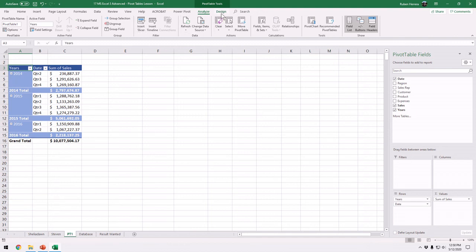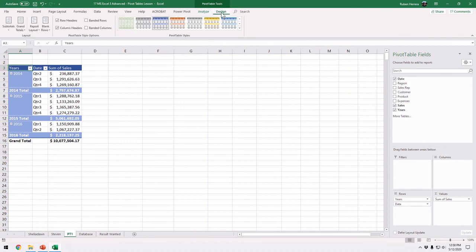So to subtotal your pivot table, you are going to go right here to design and click on the very first command on the left. It says, show all subtotals at the bottom of the group. This is what makes more sense to me. I'd rather have the totals at the bottom of each group. But some people might want to see it on the top, depending on your eyes or depending on how you want to see your information. Anyways,